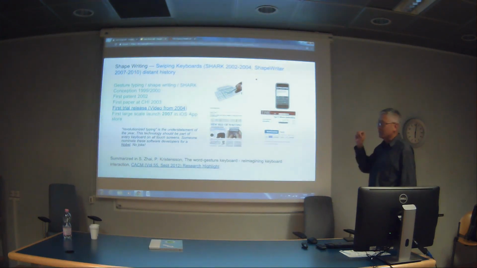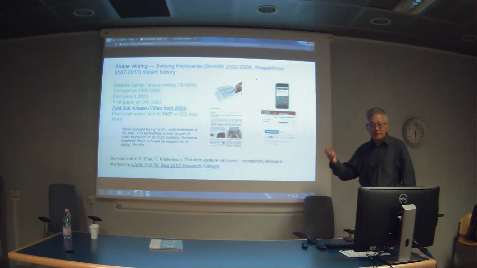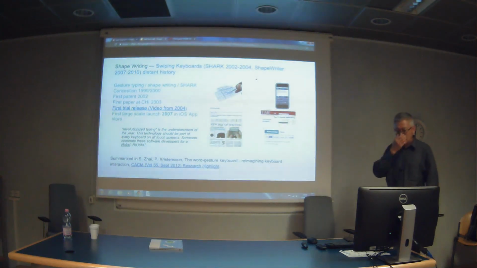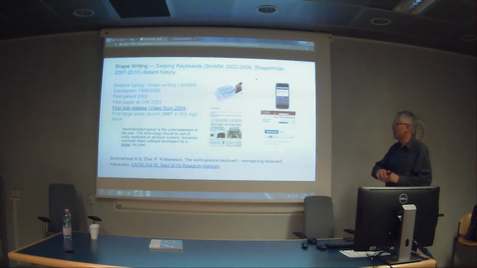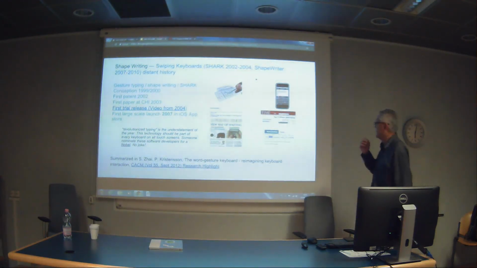And then in 2007, when iOS started permitting third-party apps, we wrote this as a notepad application, because iOS did not permit third-party keyboards until about 3 or 4 years ago. So this was a full decade earlier. So we had to write it as an application to illustrate the idea. But even as an application, it was selected as one of the top 11 iPhone apps by Time Magazine and many